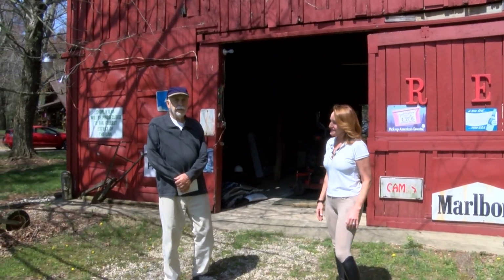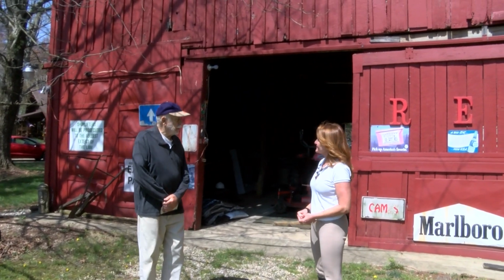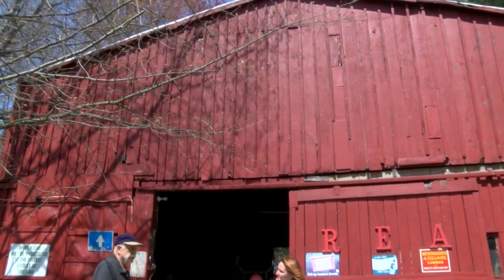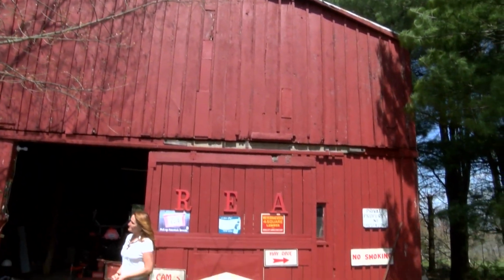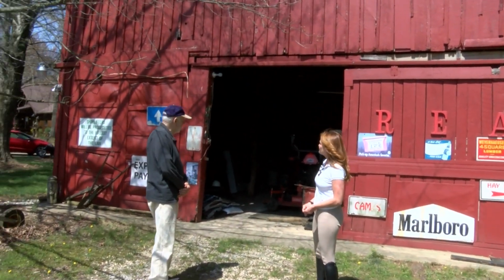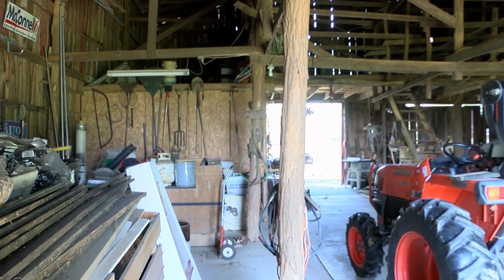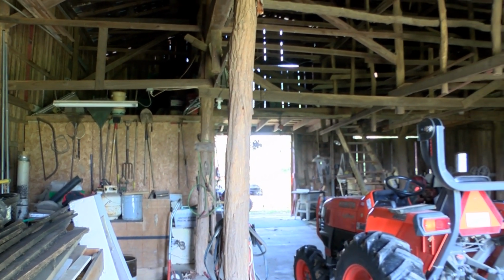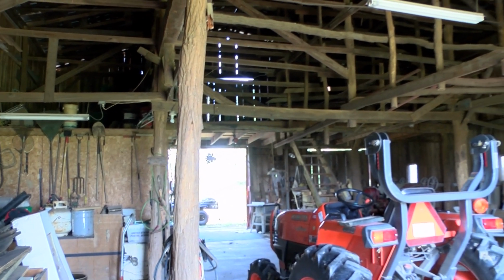Let me tell you a little bit about this barn. It was built in 1890. It's what they call a locust tree pole barn. There are 18 locust trees that support this barn. It's 2,000 square feet. It has a concrete floor, which I put in at the time I bought it, and